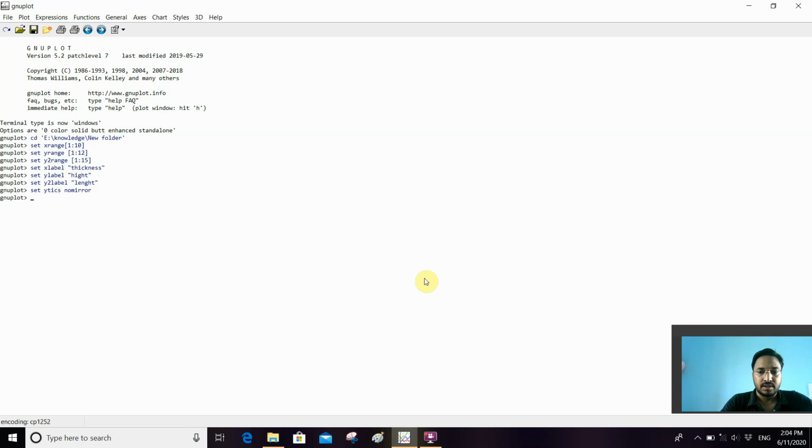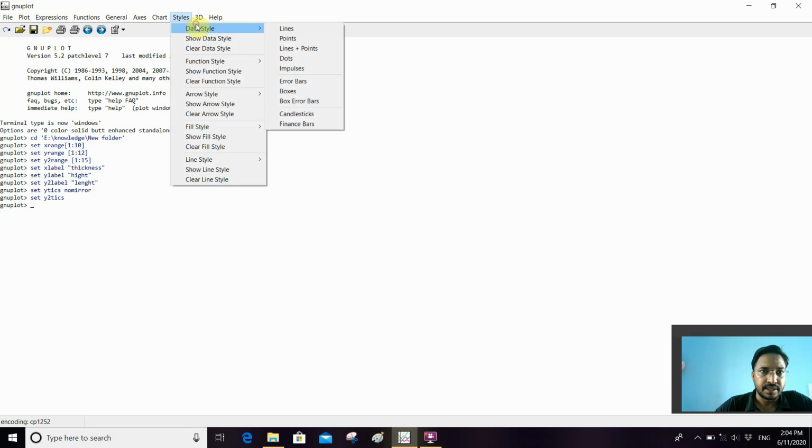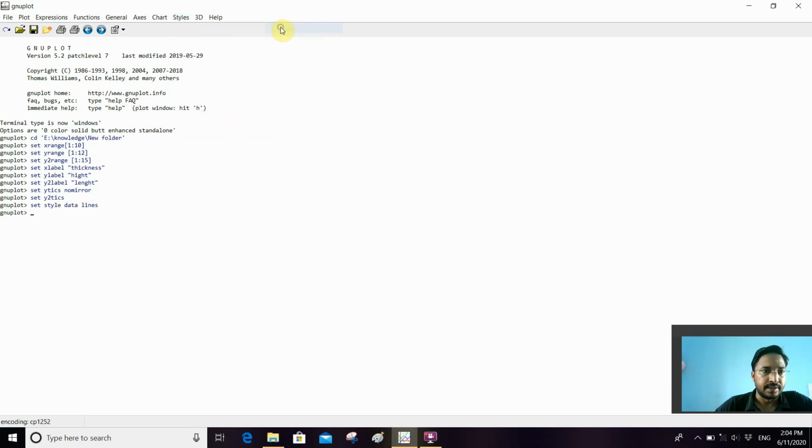Now give the command set y2 ticks. Here I am choosing the data style, which I am taking as lines.